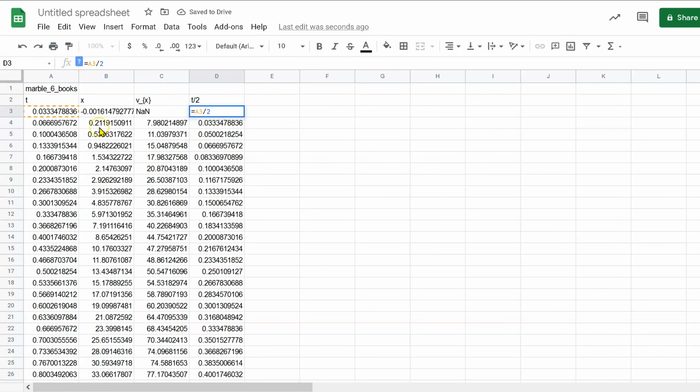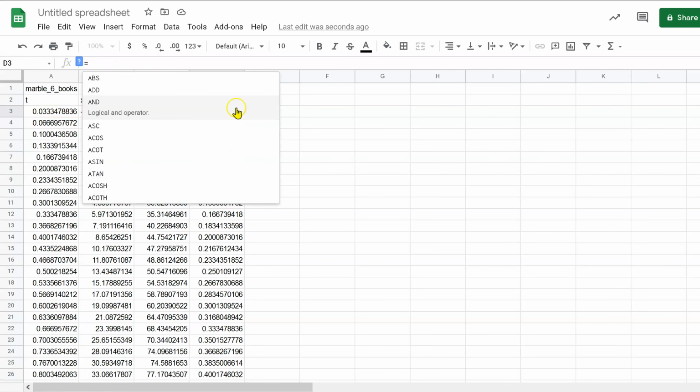What other operations can you do? You can do plus. You can do minus. You can do a caret, which is raised to a power, so this would be A3 squared. It does all those basic operations. It also, spreadsheets also have